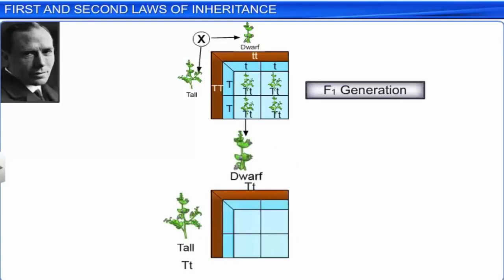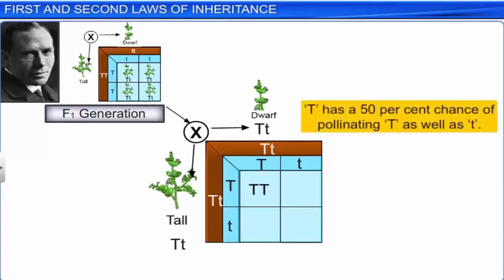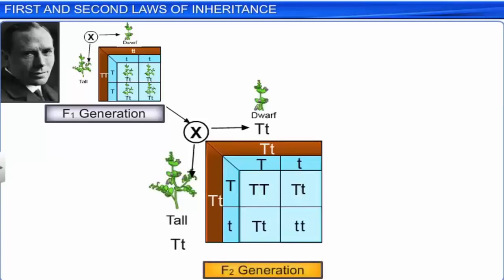Plants of the genotype Tt produced by the F1 hybrid are then self-pollinated to produce gametes of the genotype T and t in equal proportion. From the square, you can easily see that the pollen grains of genotype T have a 50% chance of pollinating the eggs of the genotype T as well as t during fertilization. Similarly, pollen grains of genotype t have a 50% chance of pollinating eggs of genotype T as well as t during fertilization. Thus, random fertilization results in zygotes that are of genotypes TT,